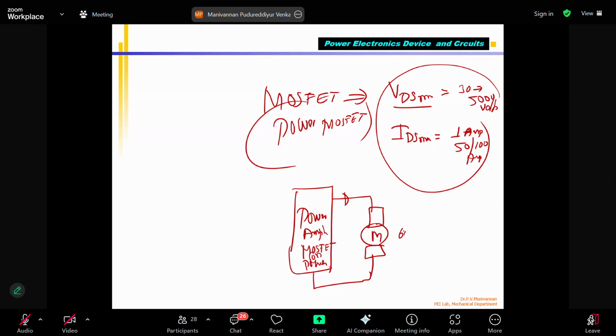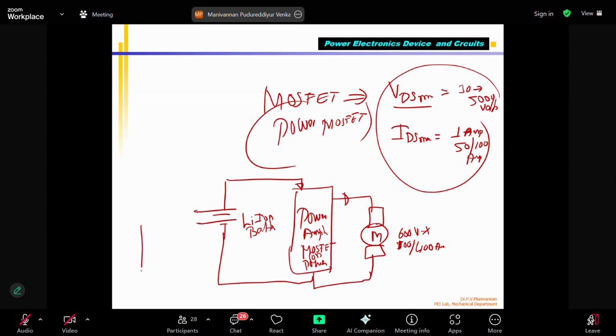The motor may be working at 600 volts, say 500 amps or 400 amps current, so the power is the multiplication of these two. Depending on the power rating, it may be 100 or 50 amps, and they need voltage around 600. Who is supplying it? Your lithium ion battery pack will be powering this power amplifier. And you have your vehicle controller,